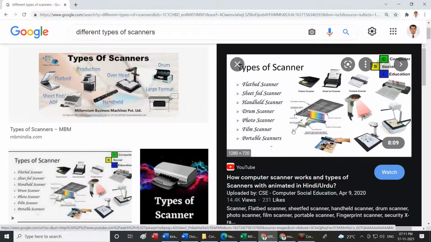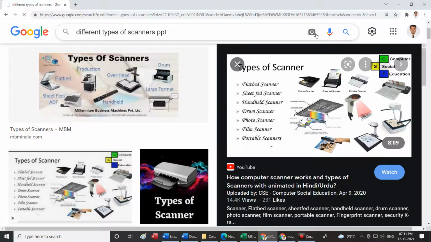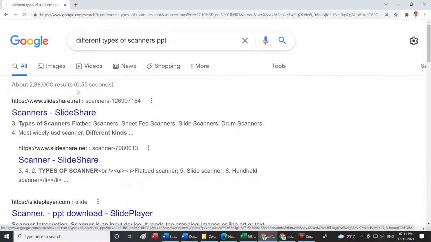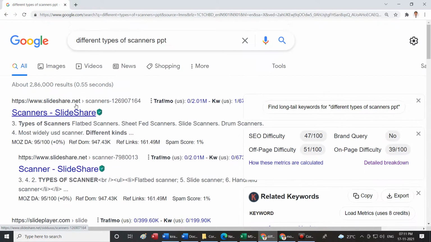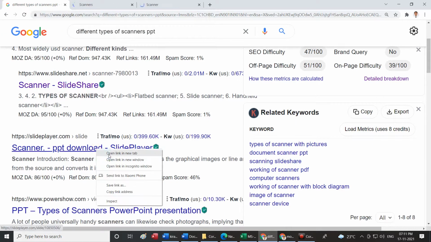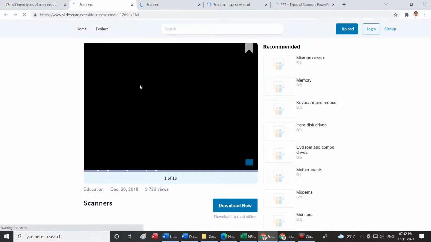The next is photo scanner, and the next is portable scanners.